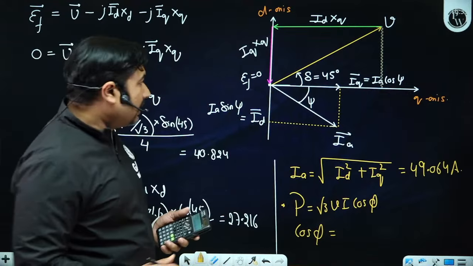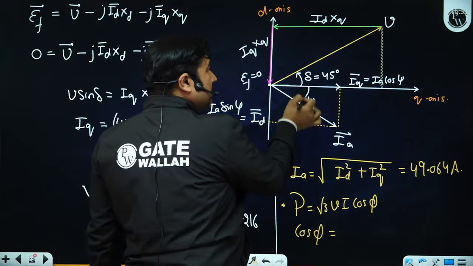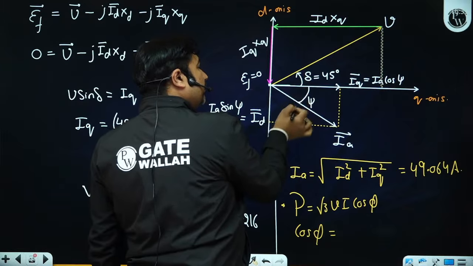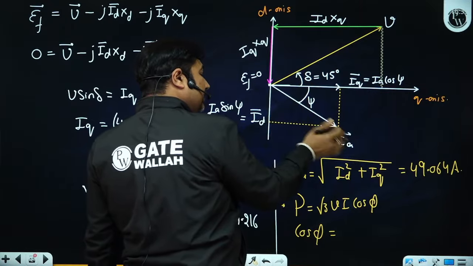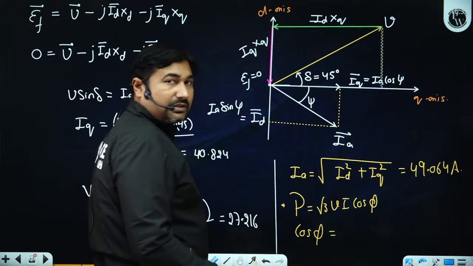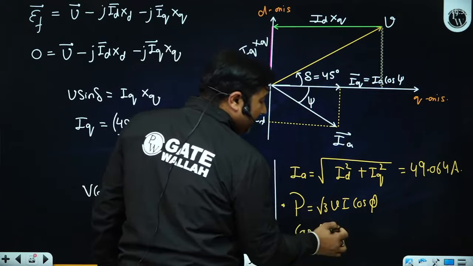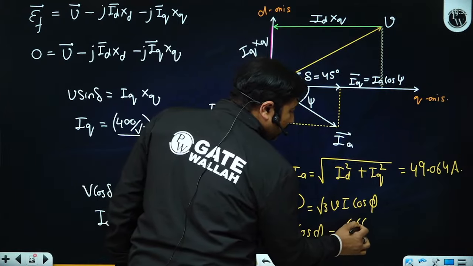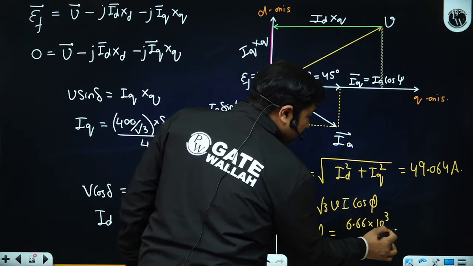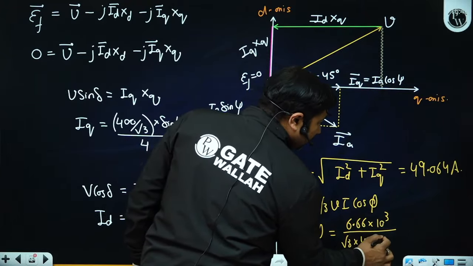Is it okay? Another way to calculate the power factor is, you can calculate this angle psi. Psi plus delta, and now when you know psi plus delta, you know the power factor. So, both of the options you can use. Is it okay? So, it is definitely a lagging power factor. I am choosing 6.66 into 10 to the power of 3, which is the maximum output power, equal to root 3 times 400 into IA,